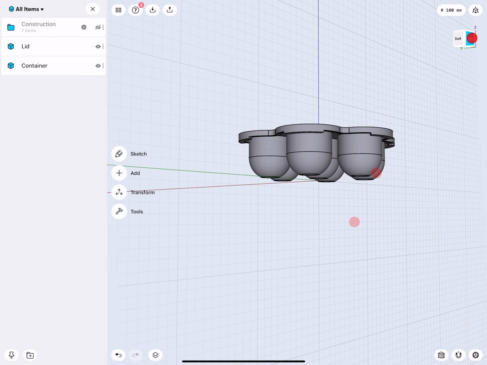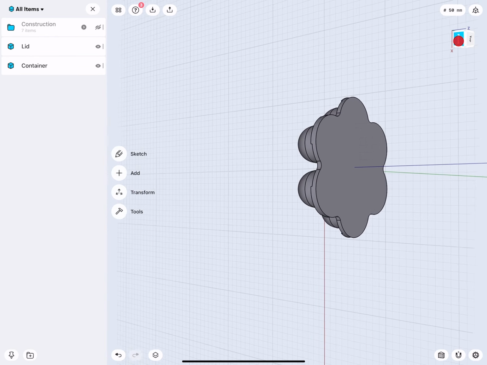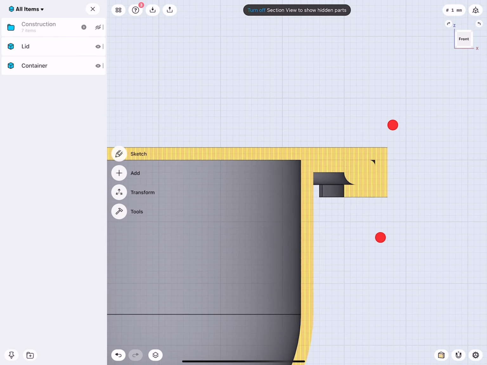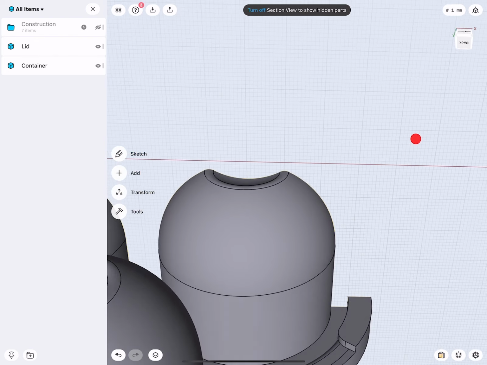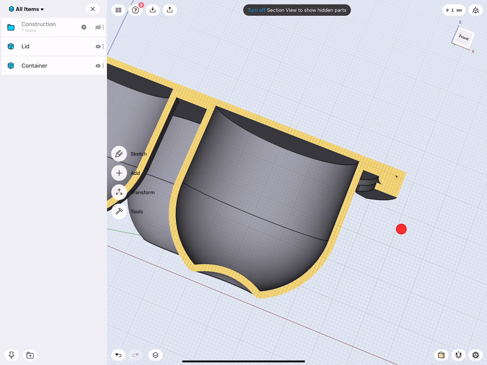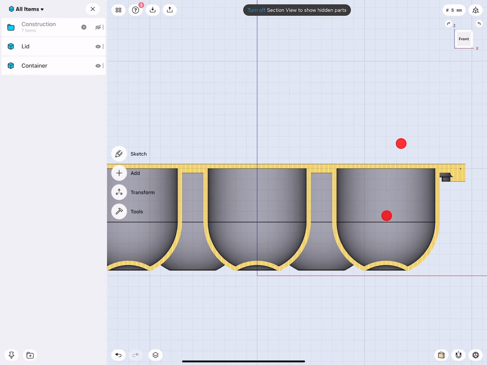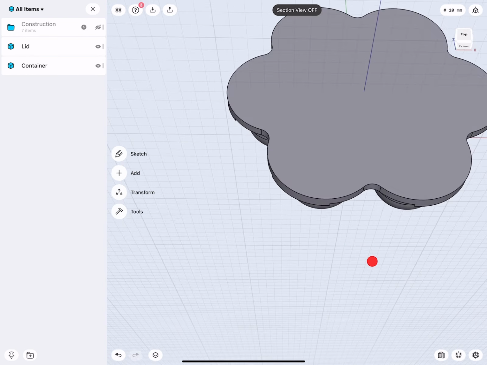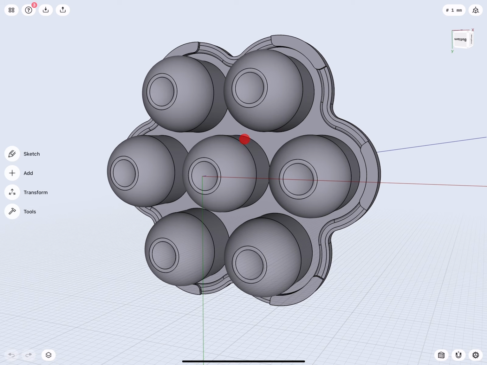And there, as you see, we now have our finished design with a lid and a container. And the container, or actually the lid, has all the snapping elements and cavities built in so that the container will be perfectly held in place. And that's it. To perfect this design or the construction, we need to add connections between all these cups to stabilize everything. Keep in mind this is silicone.